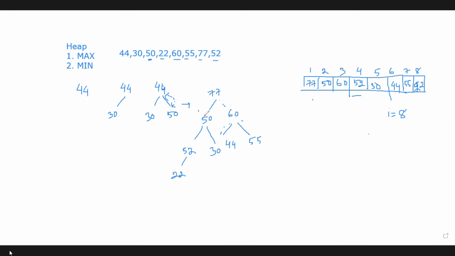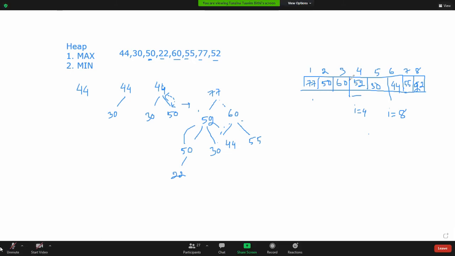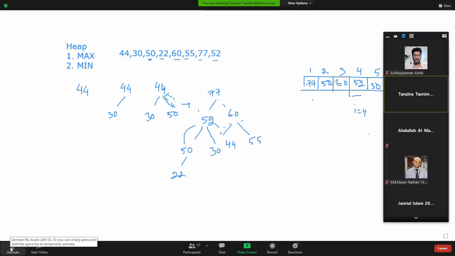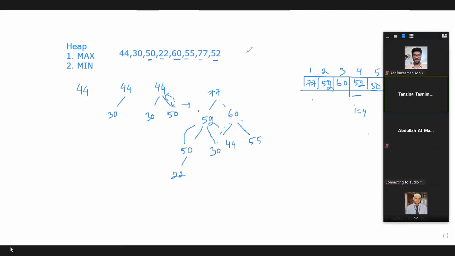Okay, so now you can look at the tree. 52 is greater than the parent node. Again, we need to change these two nodes. So it will be 52 and this is 50. Right, so change these two nodes in the array. What is the value of I now? After changing the node in this position, the value of I is 4. So its parent node is 4 divided by 2 equals 2. That means 50 is its parent node. Now compare these two nodes. The parent node is less than the child. Now again change these two nodes. So 52 will be added here and this is 50.